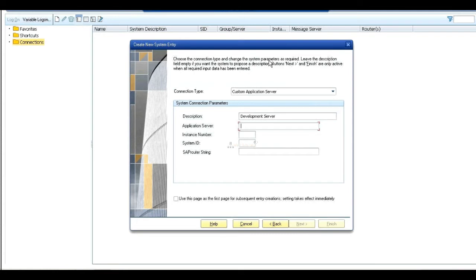Application means the server IP. What is my server IP? 172.175.36.113. Only the IP, not the host name.